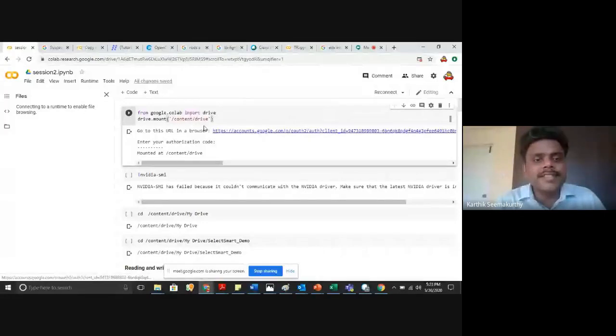Okay, now let's get connected. This is what you call a cell, and when you press run, this particular code will be executed. Where will you be storing all your data? You will have your Google Drive present over here, and your Google Drive will be mounted onto this session, and that's how you'll be able to store your data. Okay, if you see here,